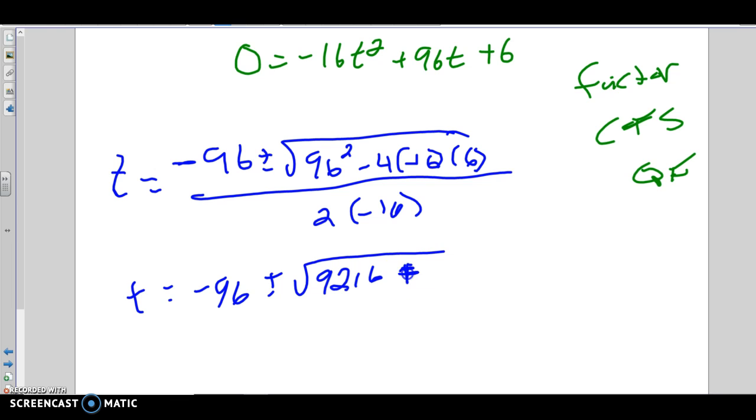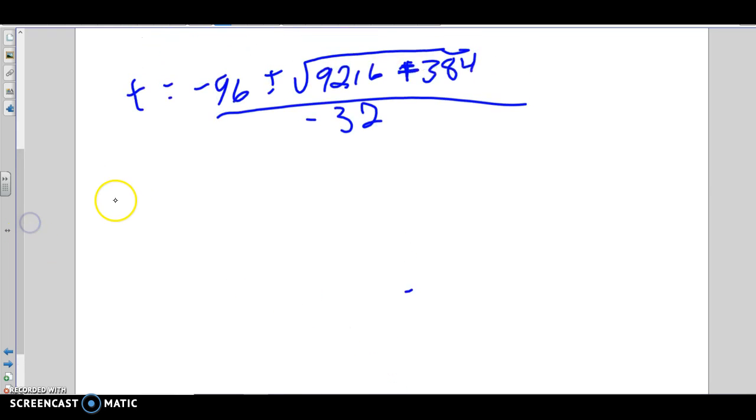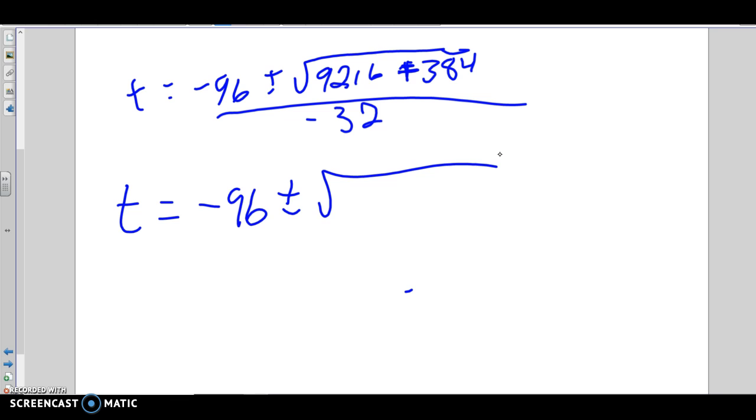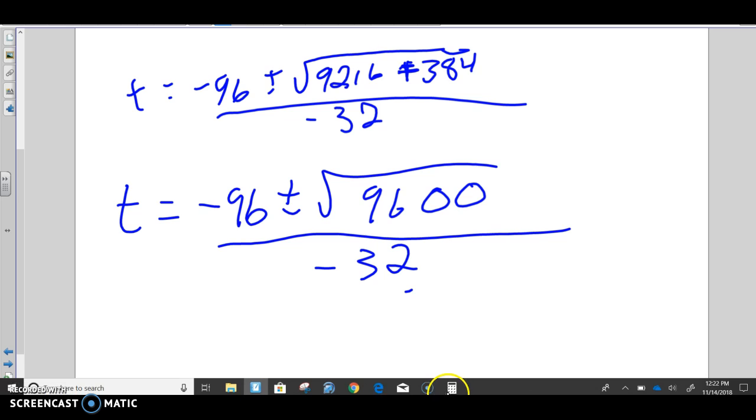And because I have a negative and a negative in there, it's going to be positive 384 over negative 32. 9216 plus 384 is 9600. Square root of 9600